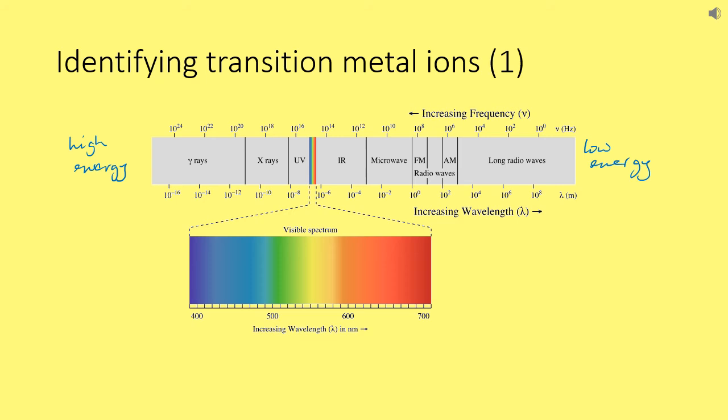Yeah, and visible light here is sort of in between, in the middle of the energy spectrum. And if we expand our visible spectrum so that we can see it, we can see the red light at the right hand side is lower energy by the standards of visible light, and indigo light is our higher energy visible light. So what we could say then is that if an energy gap is going to absorb red light,